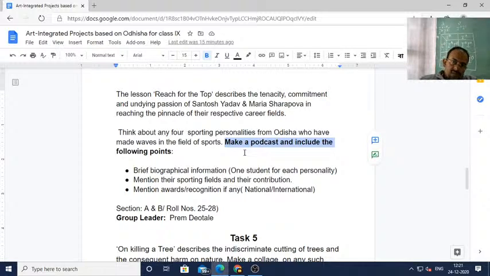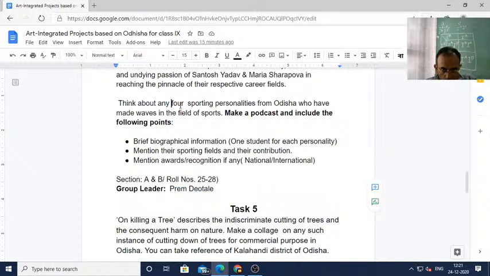This will be done by 4 students, and Prem is the leader. So here, for example, 4 sporting personalities, so 4 people. 4 people can take up 4 different personalities. One student will take up one sporting personality. And then you do one thing. I think you should first collect the information in terms of content, like brief biographical information, then mention their sporting